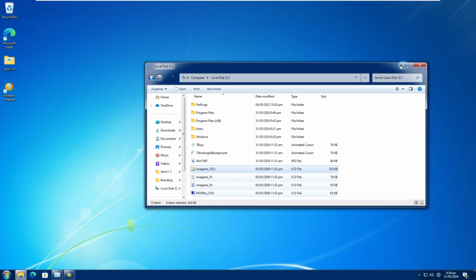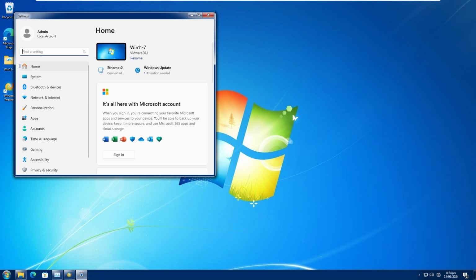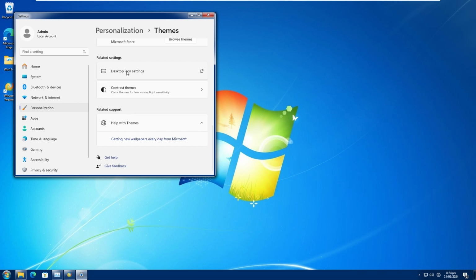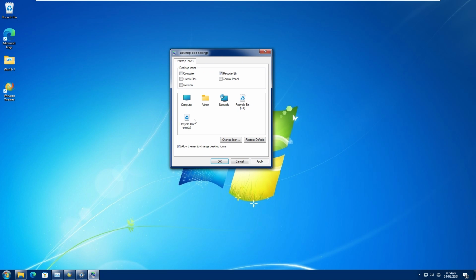Okay, now what we're going to do is go here to the start menu, press settings, and we're going to type in desktop icons, and you're going to go to themes and related settings. Scroll all the way down to desktop icon settings. It's going to open up a legacy settings window here. And what you're going to do is we're going to change these. So we're going to go to the recycle bin full, press change icon,